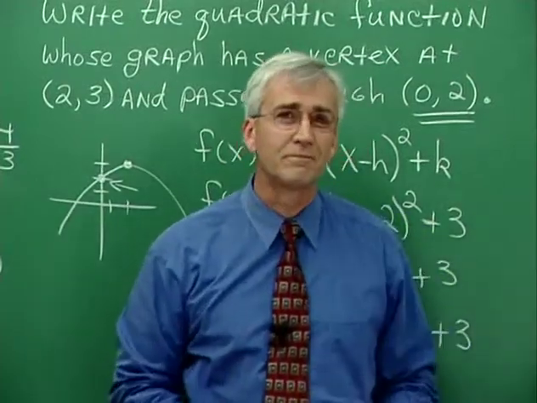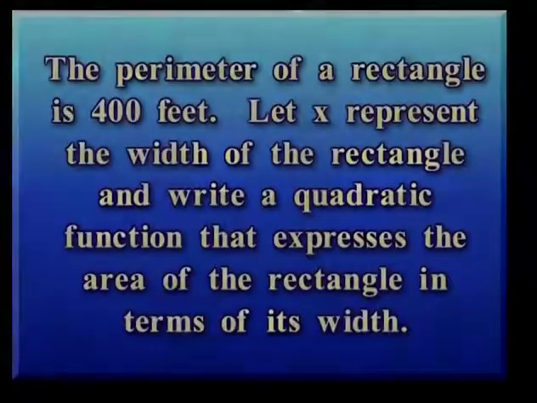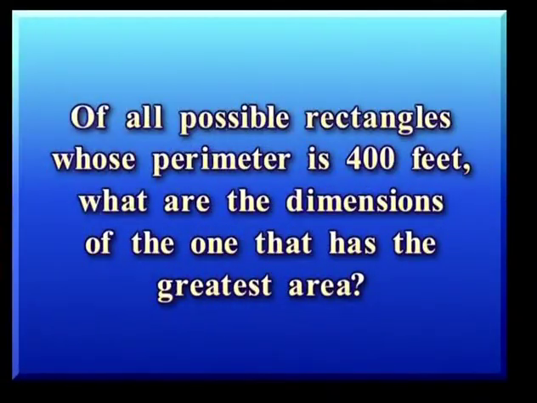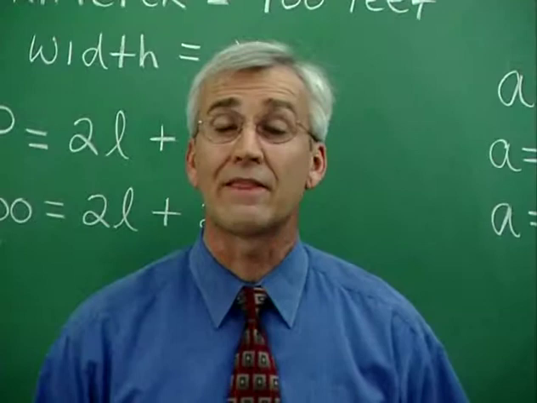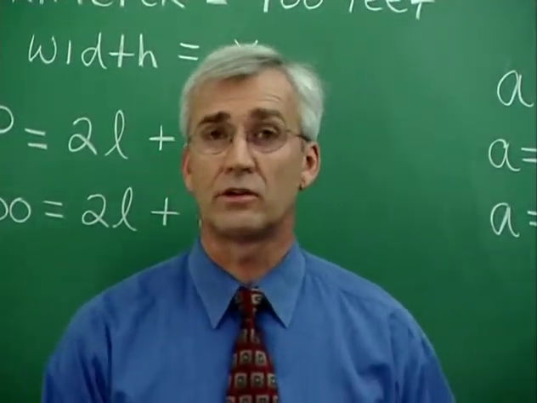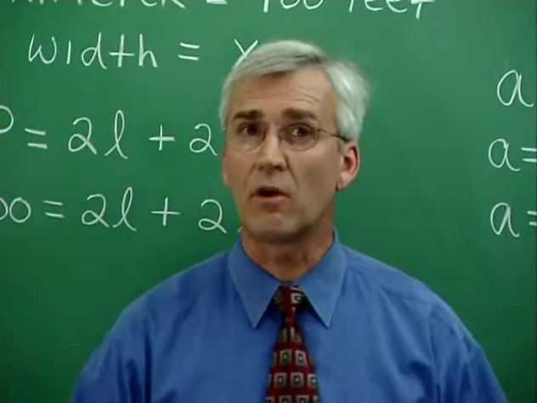Consider this problem. The perimeter of a rectangle is 400 feet. Let x represent the width of the rectangle and write a quadratic function that expresses the area of the rectangle in terms of its width. Of all possible rectangles whose perimeter is 400 feet, what are the dimensions of the one that has the greatest area? I think this problem may sound complicated because we're involving perimeter and area in the same problem, and that's